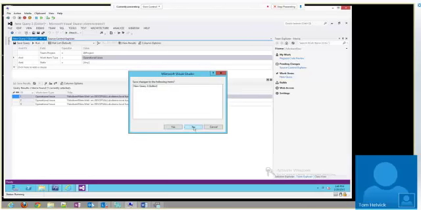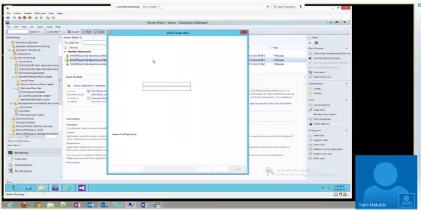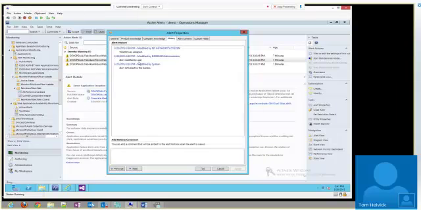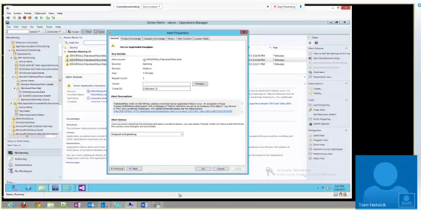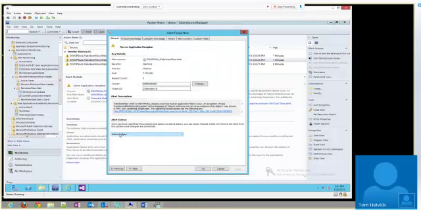Close this and go back into SCOM. I open this back up. It says assigned to engineering. Hang on, it hasn't updated yet. Then there we go, so it just showed up. I didn't do anything. It showed up as acknowledged after that job went by. And I can see that the alert status changed to acknowledged.